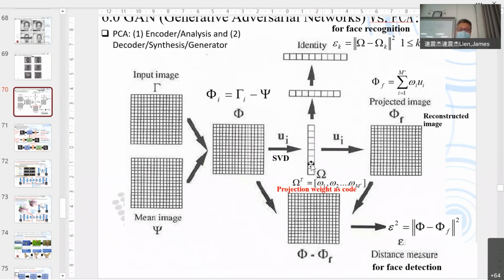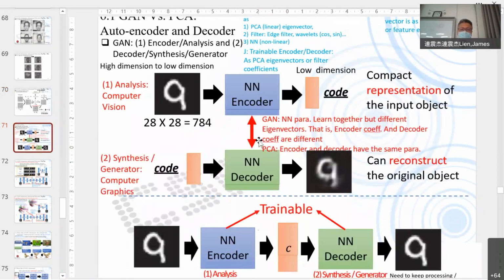The eigenvector is actually W, the coefficients for the network. Okay, so for the GAN, if you use PCA, this encoder's parameters W are the eigenvectors. So many eigenvectors. You copy the eigenvectors to the decoder.